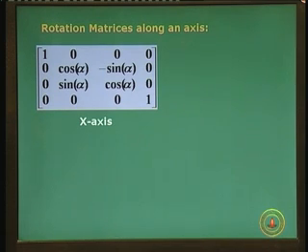So, when you rotate about an x axis, you have to visualize that we talked of a right hand coordinate system, and let us say this is your x axis, which is the middle finger, and the index and thumb are y and z respectively. Visualize a scenario in your right hand coordinate system where y and z are the thumb and the index finger, and the middle finger represents your x axis. So, when you rotate an object about the x axis, let us say y is pointing towards you and z is pointing up.